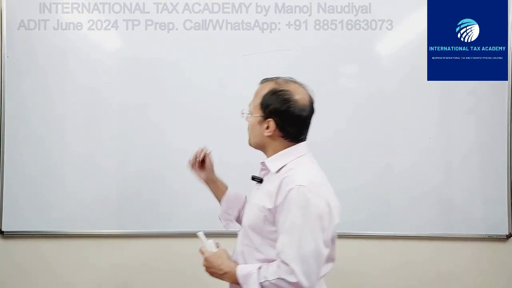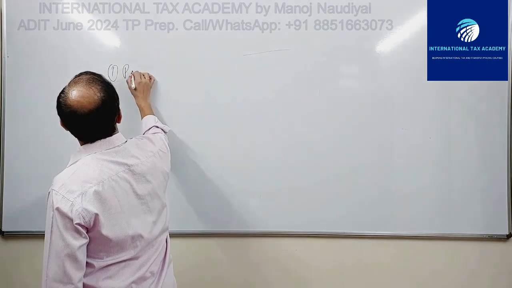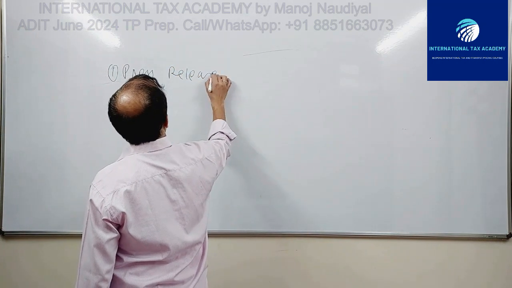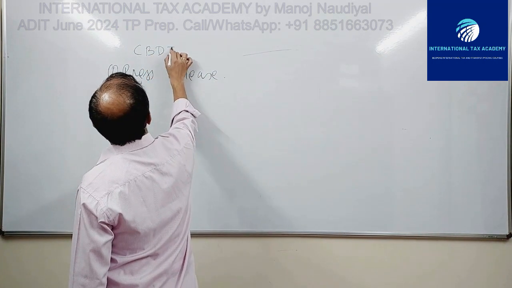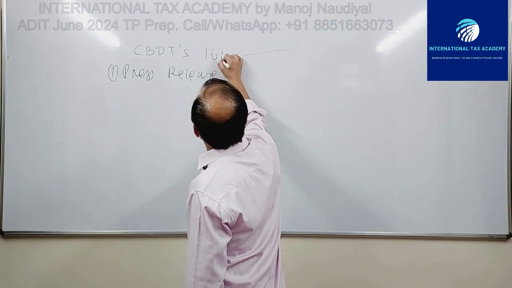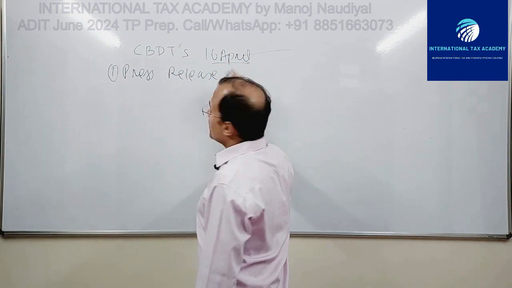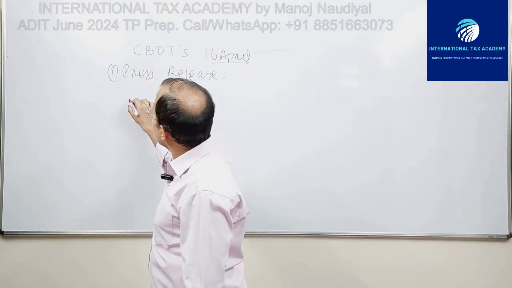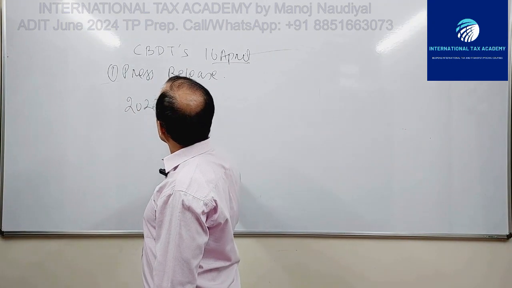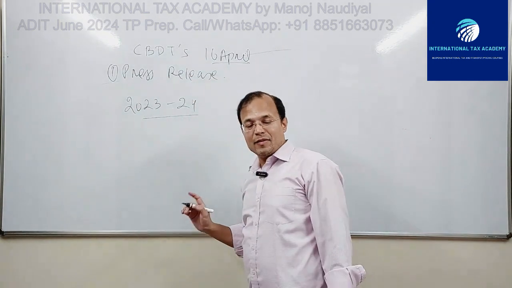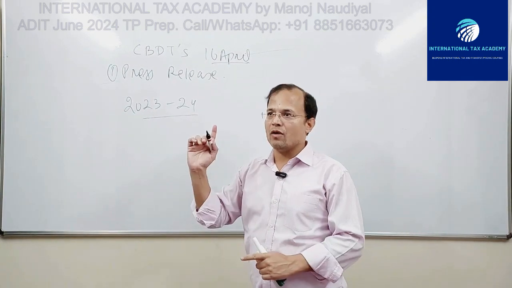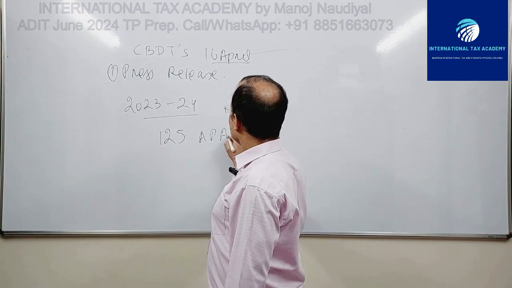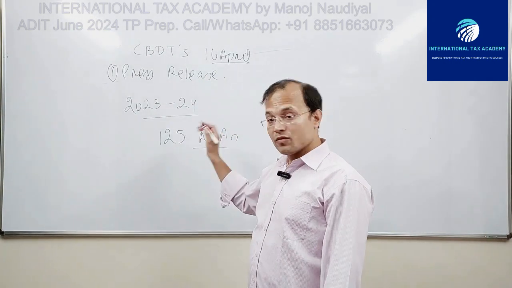So to begin with, CBDT's 16th April press release. In this press release, CBDT gave out the statistics that for the financial year 2023-2024, CBDT has concluded a record number of APAs, that is total 125 APAs were concluded by CBDT during this financial year. Out of these 125 APAs,